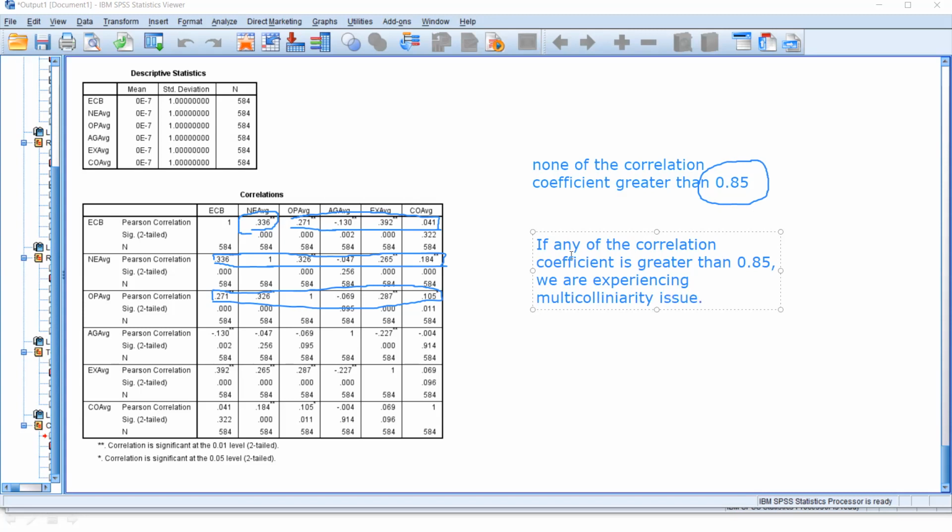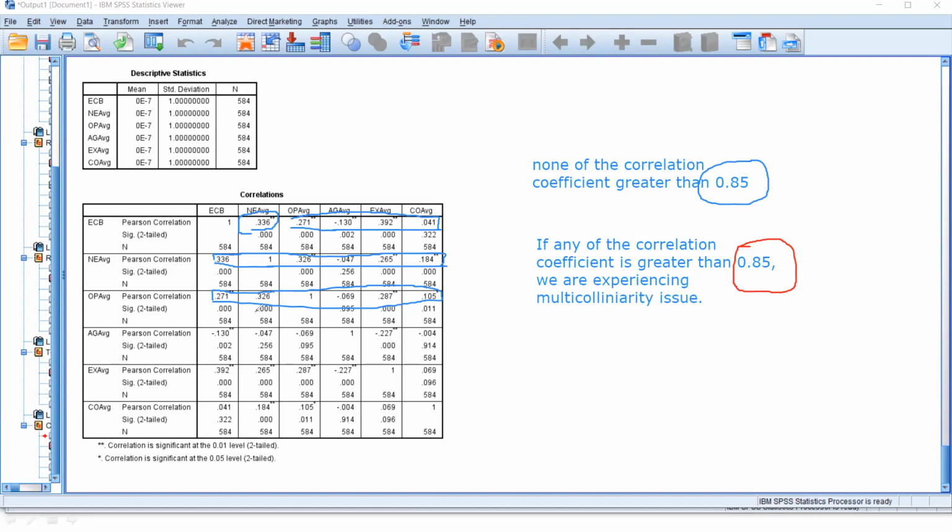That means your two variables are highly correlated, if you have more than 0.85 correlation coefficient, right?